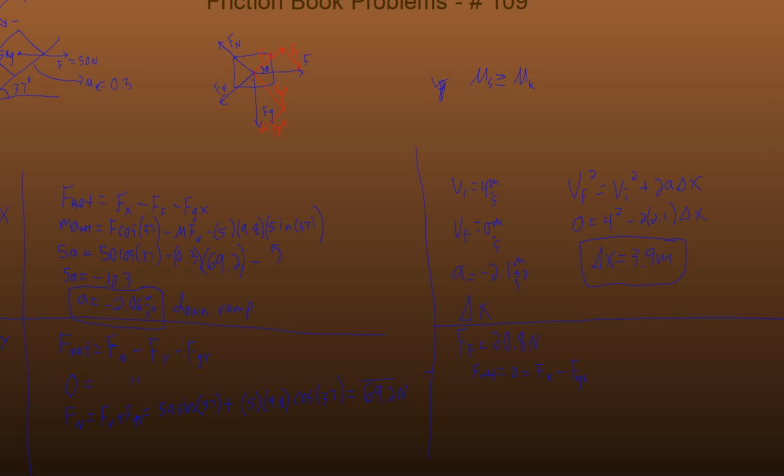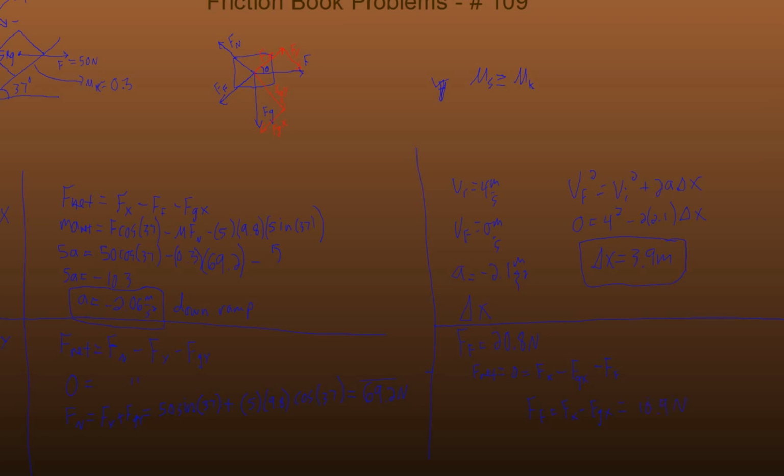Now, it's stopped. Is friction going up or friction going down? Well, we have to check and see which is larger right now, Fx or Fgx, and if you do the math real quick, I don't have time to show you, you can do that in your calculator. It turns out that Fx wins, and so friction is going to oppose that and be headed down, so we got minus force of friction. So since this is 0, we can say Ff equals Fx minus Fgx, and that turns out to be 10.4